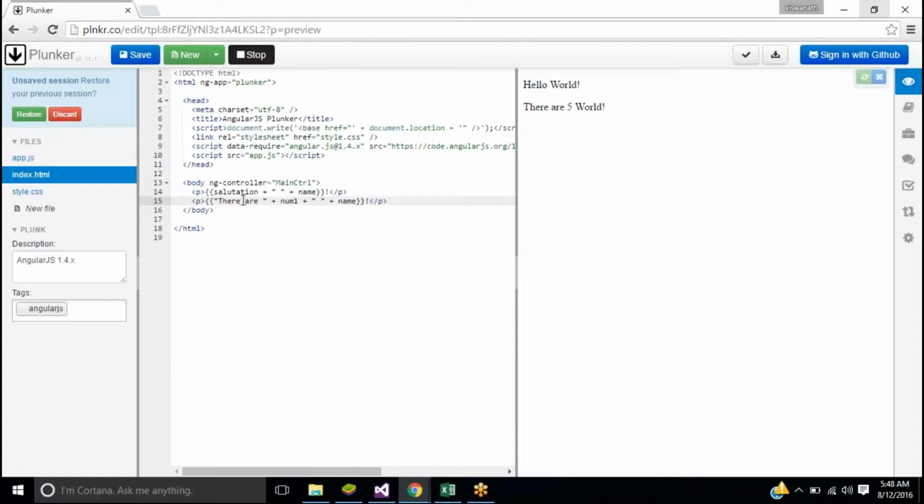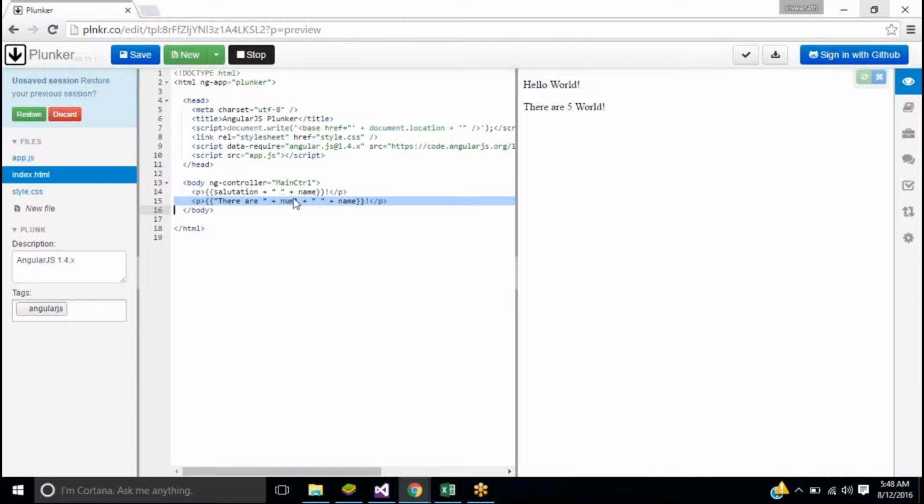I concatenated a normal string, a string variable and a number variable. So it's like a normal JavaScript statement, like what we write using alert or inside console.log. You can do whatever you want.